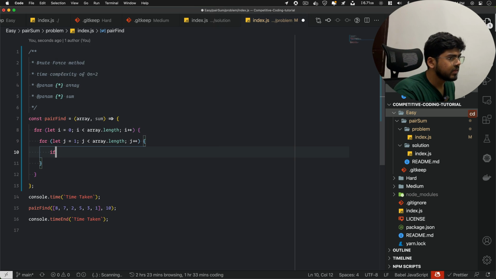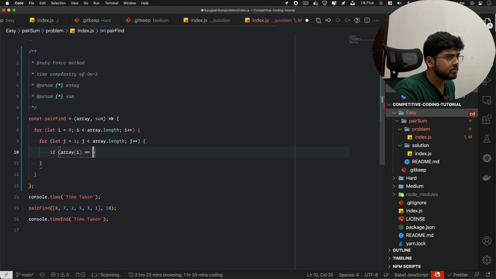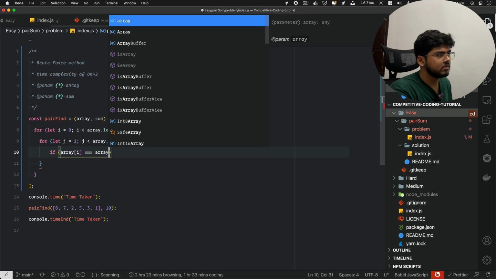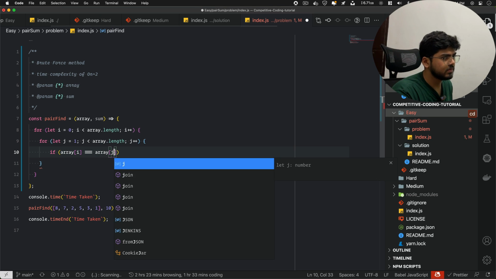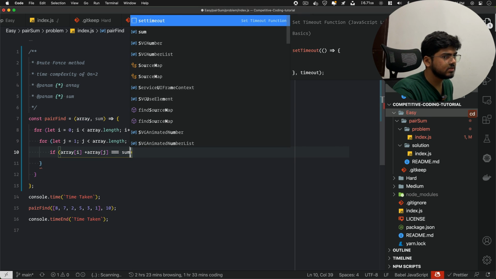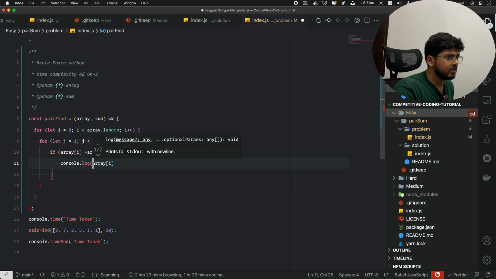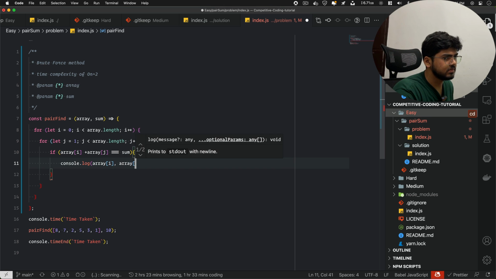Now let's try. If array of index i plus array of index j is equal to sum, then return the pair. So what's the pair? It will be nothing but array of i and array of j, let's console log array of i and array of j.